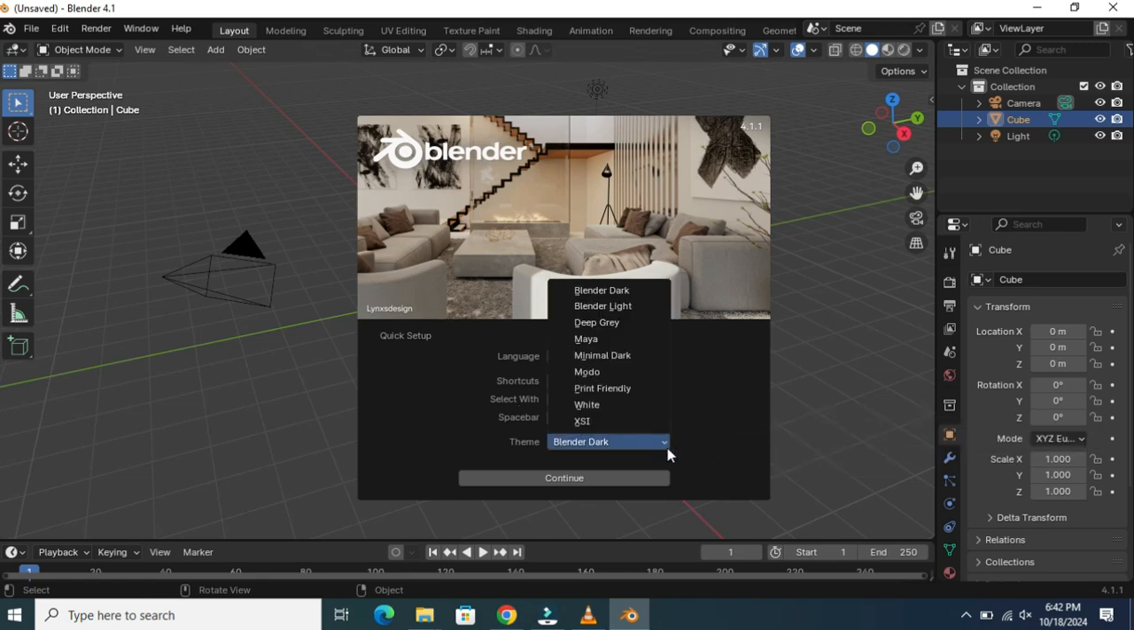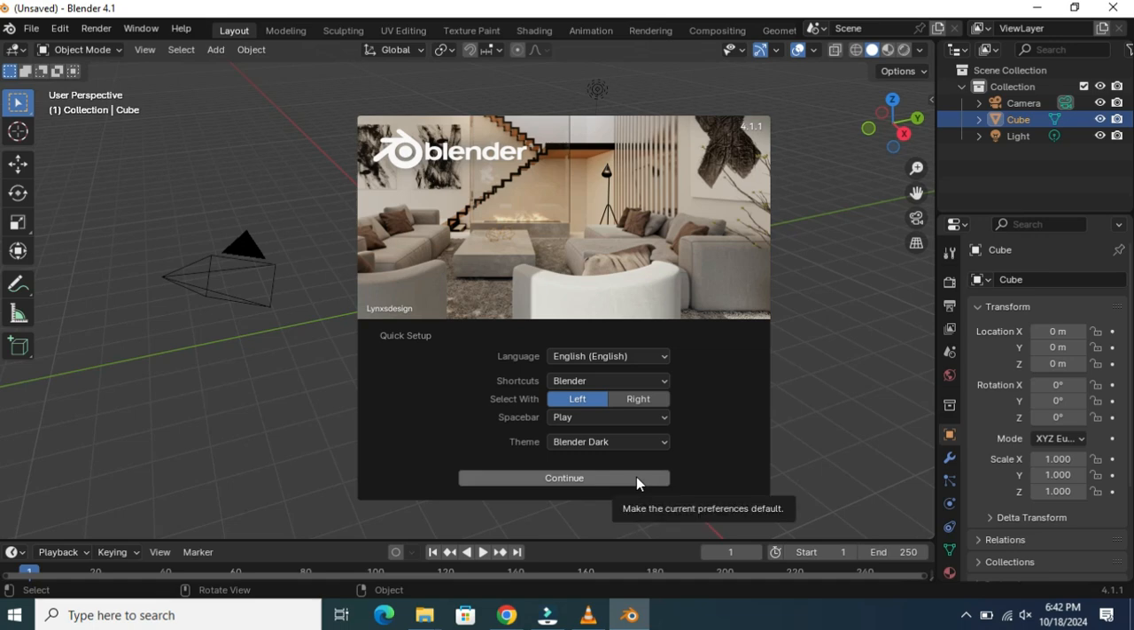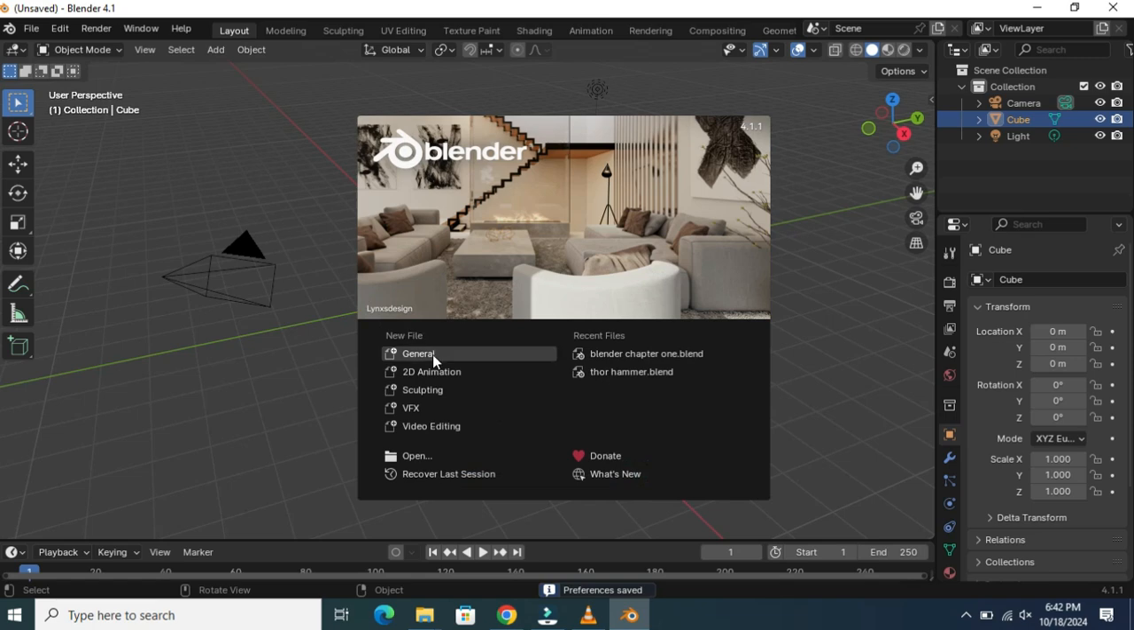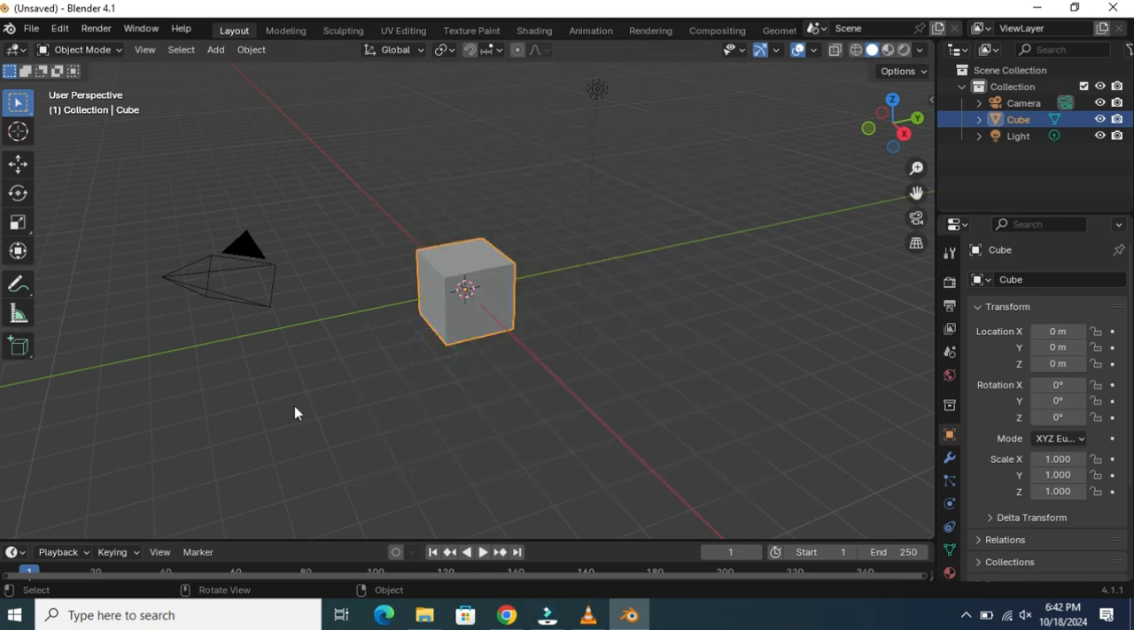If you want to change the theme of Blender, you can change it from here, but by default it is dark, so we agree with that. If you want to start Blender, you can click at any place on your viewport and click on the continue button. When we click on continue, there are several options: General, new file means we are going to make a new file, 2D animation, sculpting, VFX, video editing. First of all, we will start from General, because we will learn Blender in the general way. General, and then this is your Blender interface,